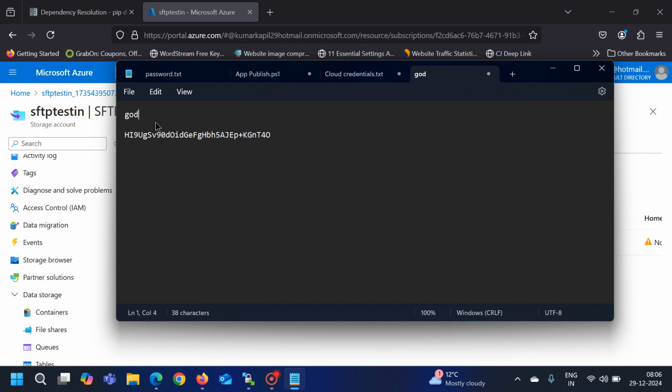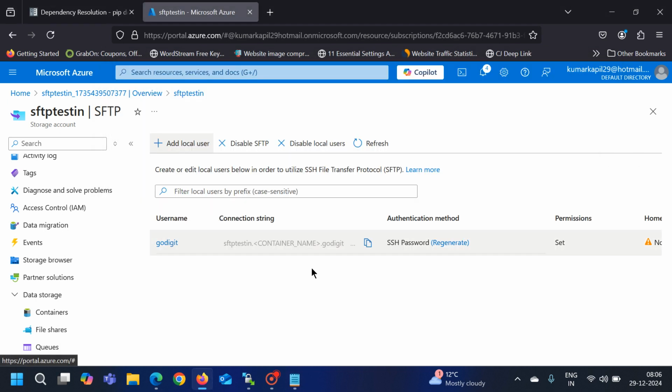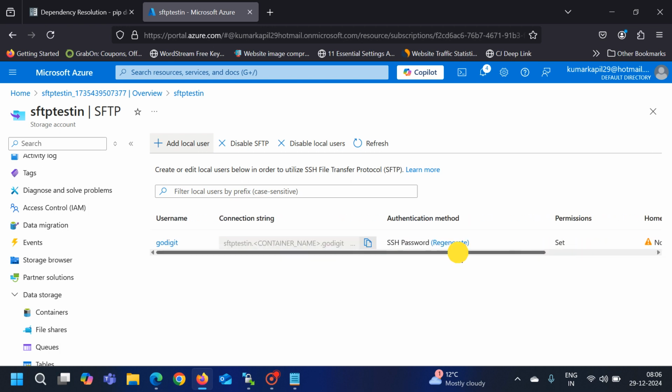So the username is this one and this is the password. And then the connection string, this is also very important. Okay, so what we can do here is that I can select this